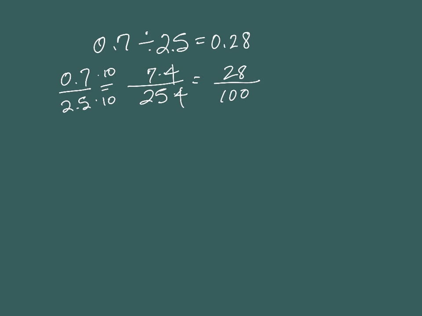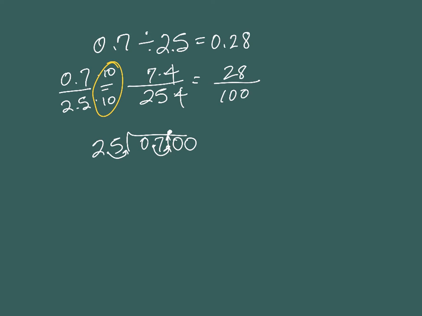28 100ths. So if I did this in the traditional sort of format, 2.5 divided into 0.7, first thing we would do is we would move the decimal point one place in the 2.5. So equivalently, I'd have to do that. That's the same as doing this, right? Multiplying both the numerator and denominator by 10. So when I do that, my new decimal point is there. And I'm going to backfill some zeros because clearly 7 is smaller than 25, so my answer is going to be less than 1. So I have to move my decimal point up.